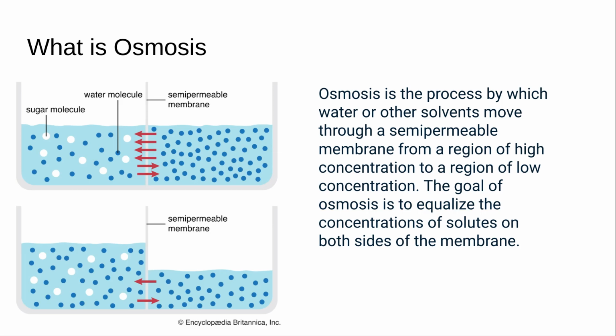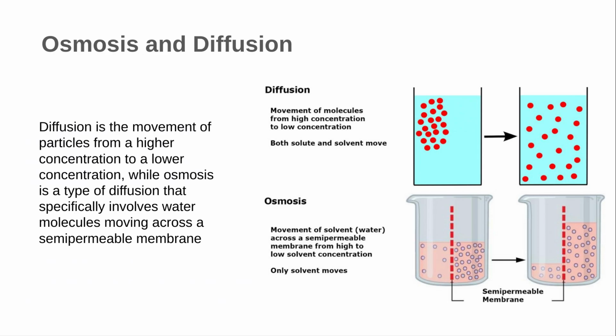So, osmosis is diffusion of water. The main idea is if there are more water molecules present on one side of a membrane compared to the other, water molecules will diffuse freely across that membrane until there is an equal concentration of water on both sides of the semi-permeable membrane. That's osmosis. We can think of osmosis as a special case of diffusion where water is moving. Here you can see that water is a solvent, and water as a solvent is moving